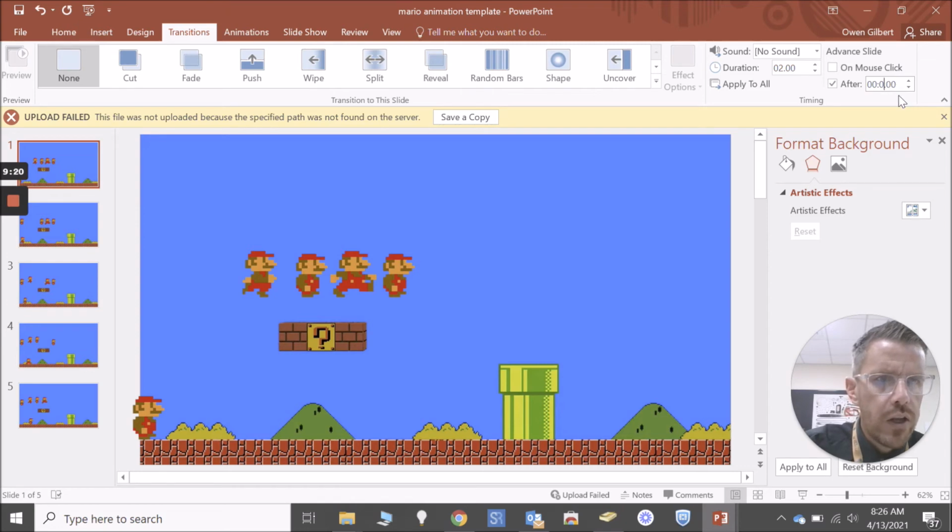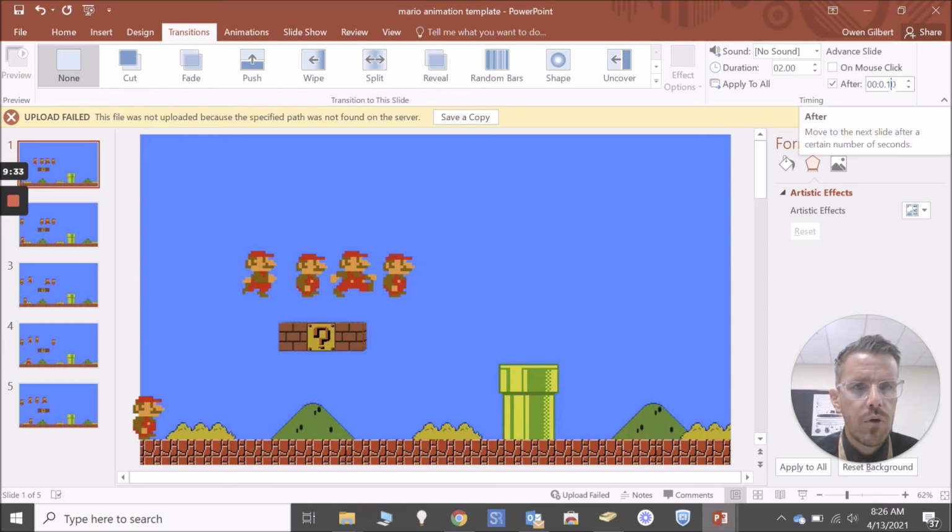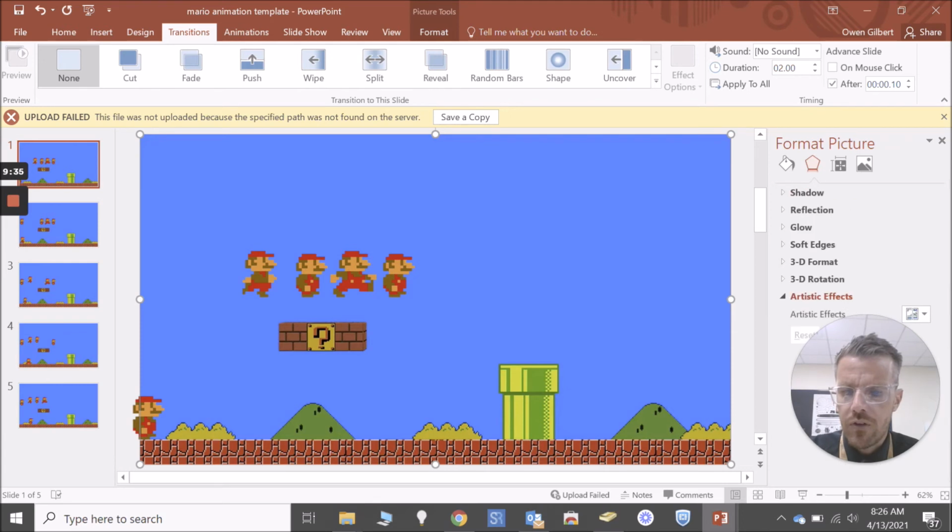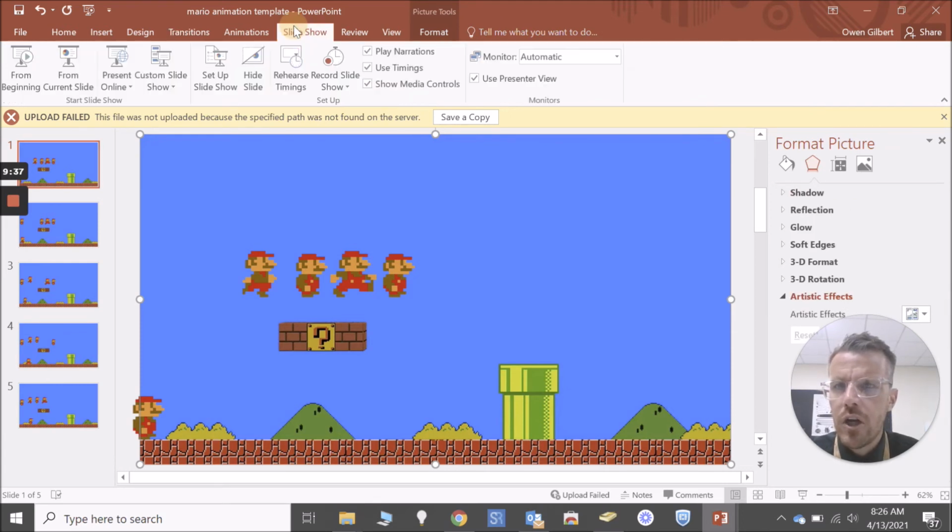Okay, so really quick. Again, if you want to adjust your timing, you can experiment with that and see what the different timings do to your animation, so have a mess around with this timing. So 0.1 of a second, and then let's see. When I go to slideshow from the beginning, what you'll see,